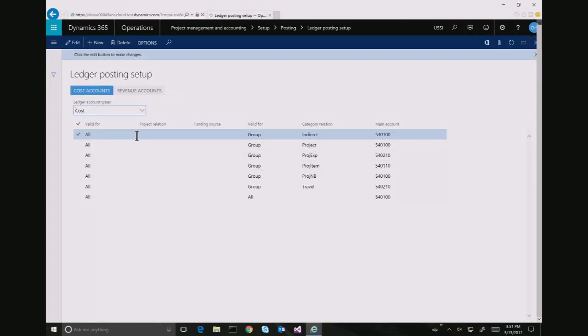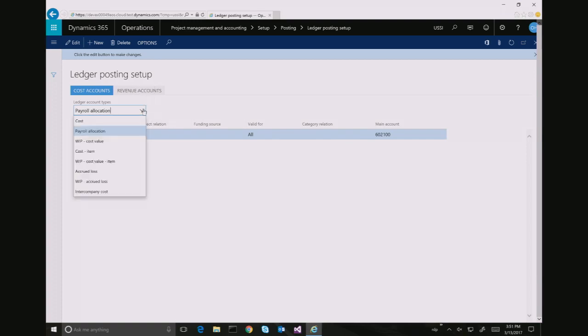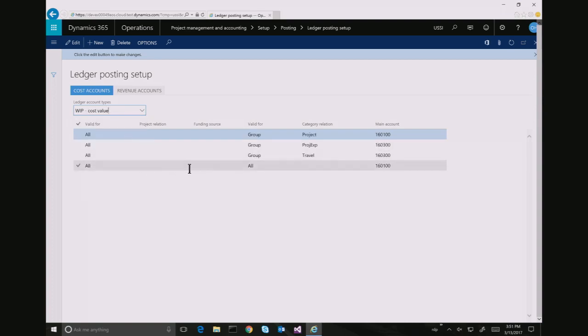All right. So for the cost, I want to make sure I have an all 540, 100. Yeah, that one's good. Let's look at payroll allocation. Since we're going to pay Trisha, that's all 602, 100. Yeah, that's good. WIP cost. I don't really look at all the numbers in here. I'm really only paying attention to the alls for most of these. 160, 100. Not that the others aren't important, but